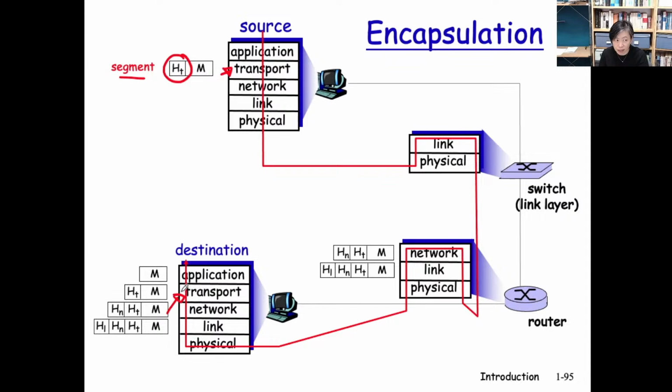This is a little bit like at the airport when we're checking our bag. The counter is going to give us back what? The passport, the e-ticket, and what? The baggage claim ticket. That baggage claim ticket, that additional information in order for you to find your bag, is a little bit like the headers. And now the segment is going to be passed further down to the network layer.